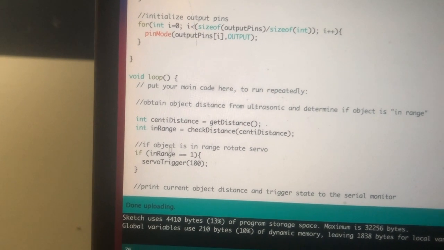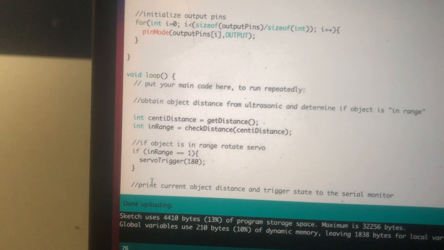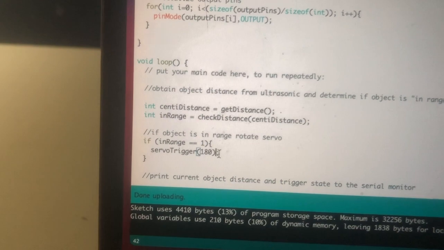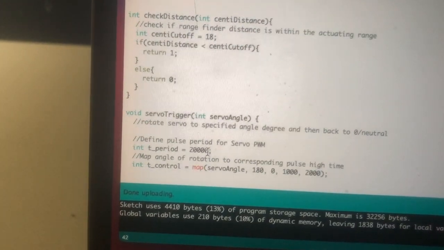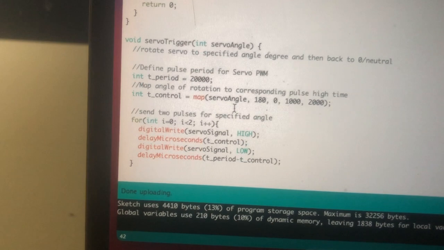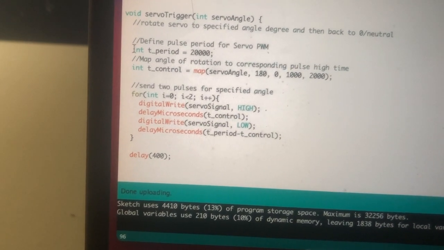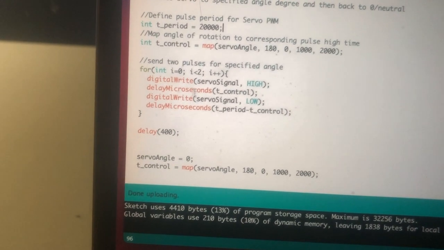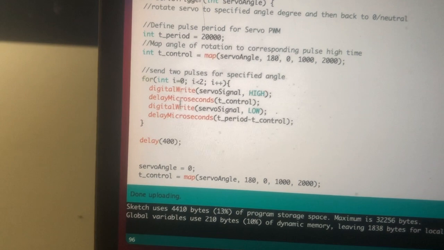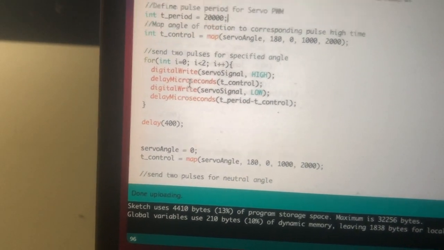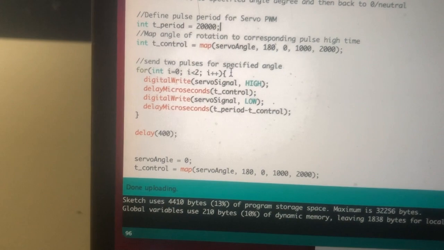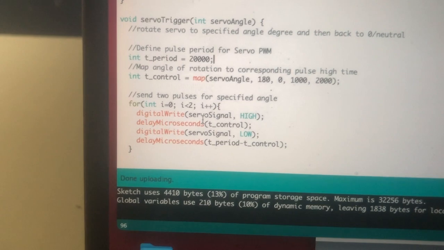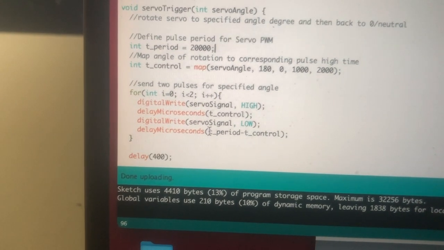If it's in range, if that check distance returned a 1, servo trigger, I have this variable I pass through servo trigger, which is the angle I want to rotate, in this case 180 degrees. And if I look at servo trigger, it takes in a servo angle, defines the pulse width modulation period for the servo, and sends two pulses high, two pulses low with a wait in between. The reason I did this is because I think the servo that I purchased measures the falling edge of the pulse. So I was having trouble with just sending one pulse, so I had to send two pulses